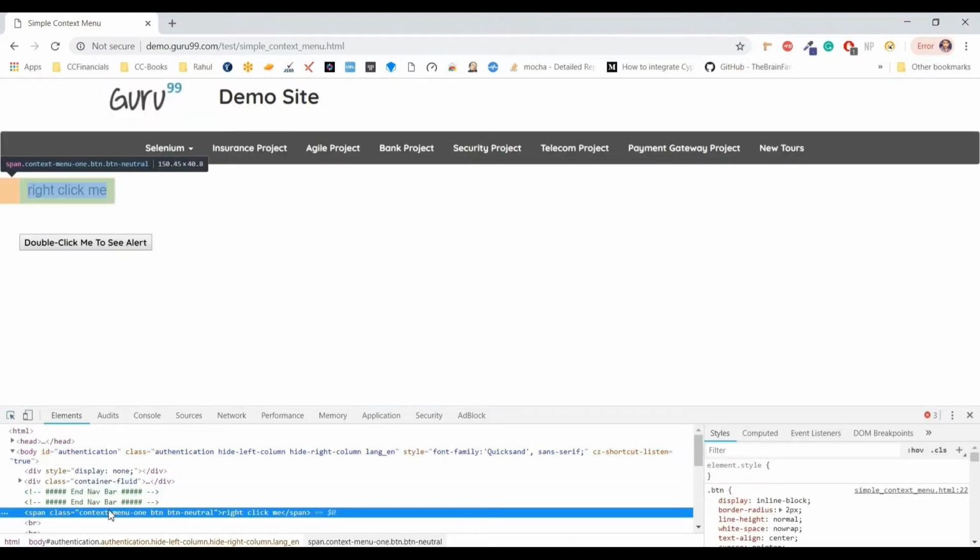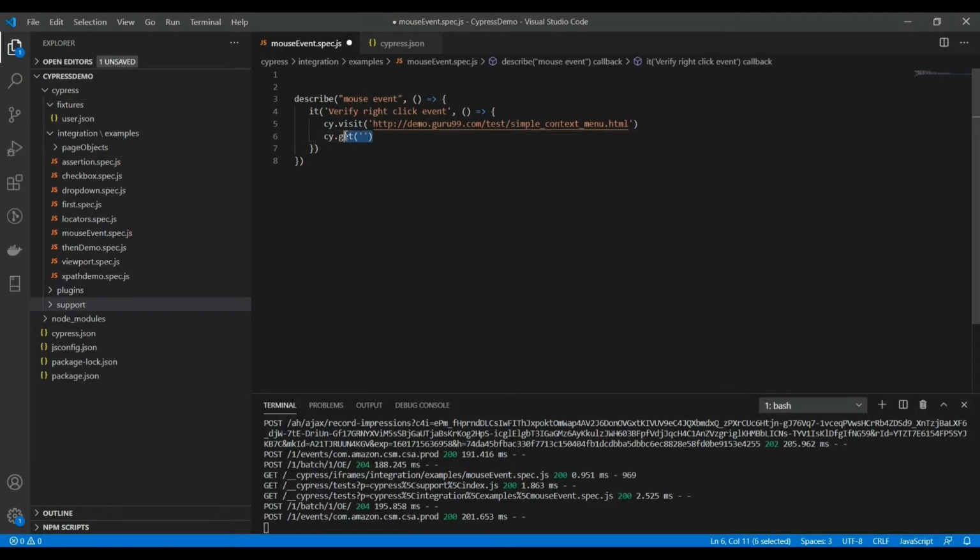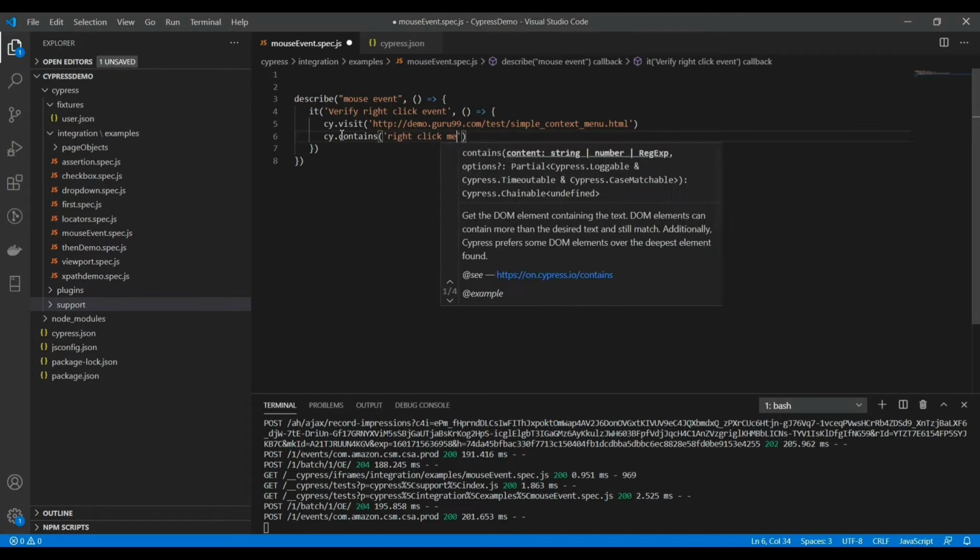If I inspect it, the right click me text is available. So instead of using get, I can use contains and just pass the text.